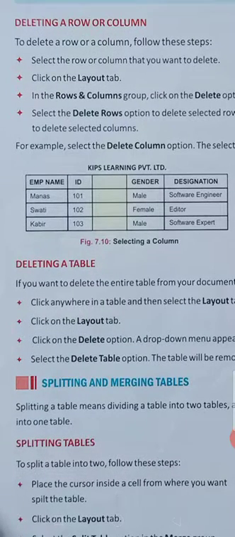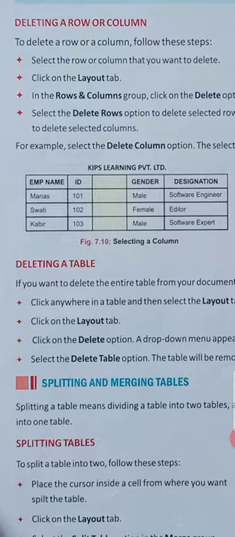Next is splitting and merging a table. In smaller classes all of you read it and got it. Splitting means whenever we make two tables from one table. Merging means whenever we make a single table from two tables, दो से एक बनाना merging होता है, एक से दो बनाना splitting होता है.